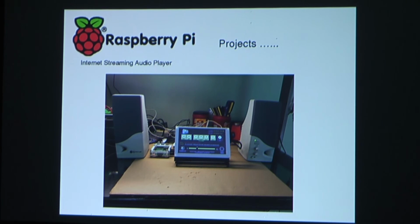So, BBC streams everything. They stream the World Service. They stream all the radio services, Radio 1, Radio 2, Radio 3, 4, 5, plus the extra channels. They also stream the regional channels that they have for Wales and Scotland and Nottingham and the Midlands and the North. They stream everything. So if you really want to do it, I built this little thing, a Raspberry Pi,